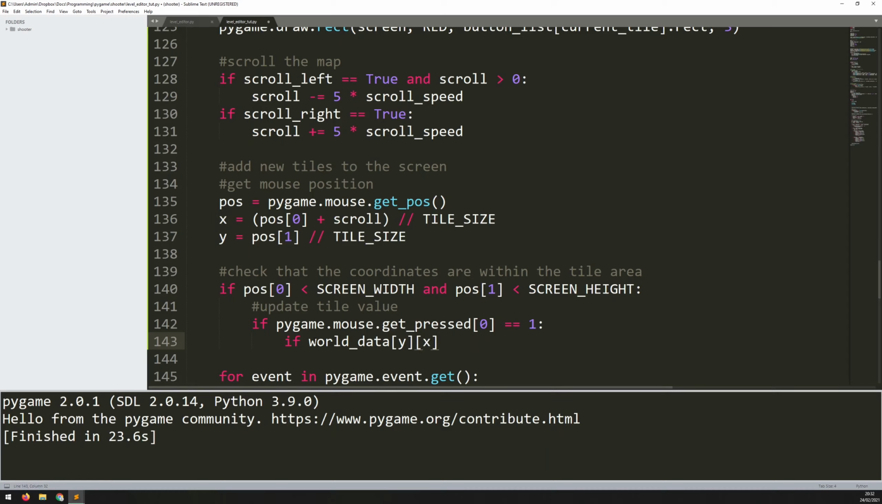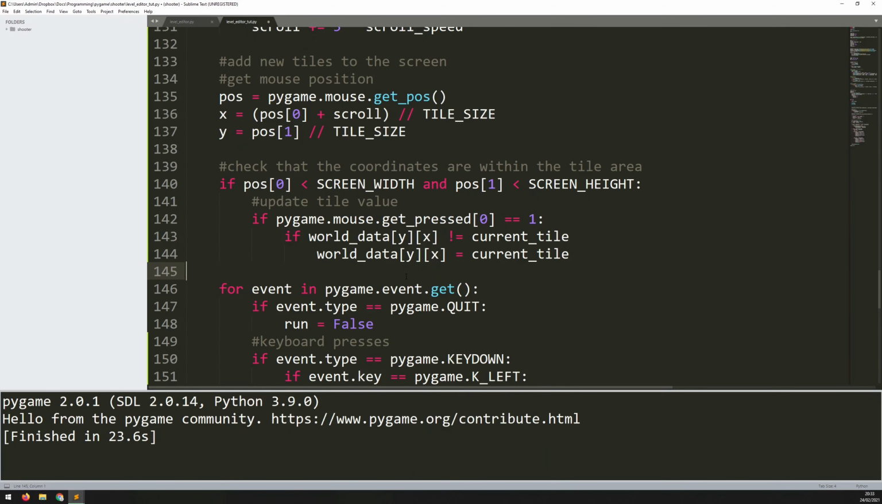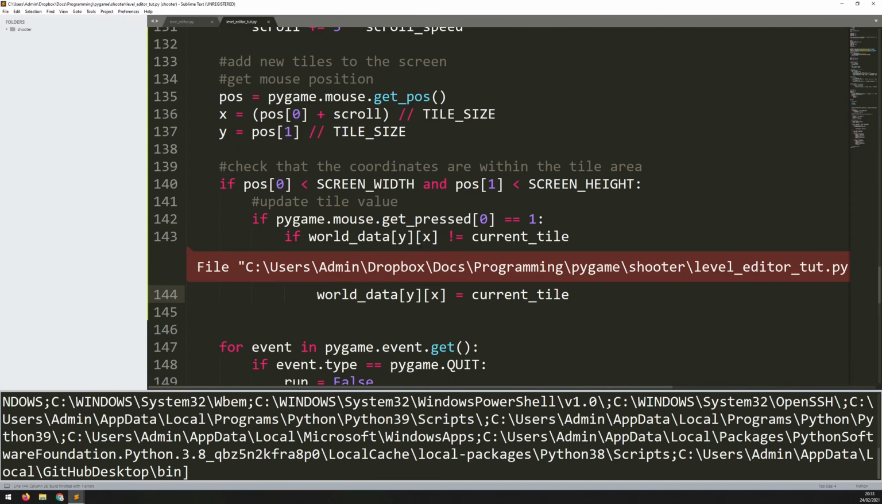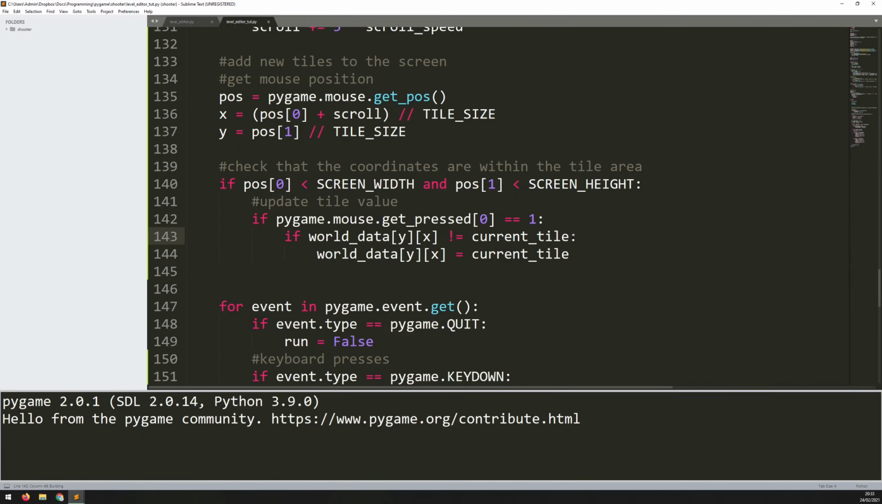So this basically tells me, within that particular grid, if that grid value is not equal to the current tile that I've selected from my buttons list, and I've just clicked the mouse button, then I just need to assign that to that point. Oh, I indented that badly. Then that world data tile becomes my current tile. So, okay, I know that's maybe quite confusing to explain, but maybe if I run the code, I forgot my column there. If I run the code,